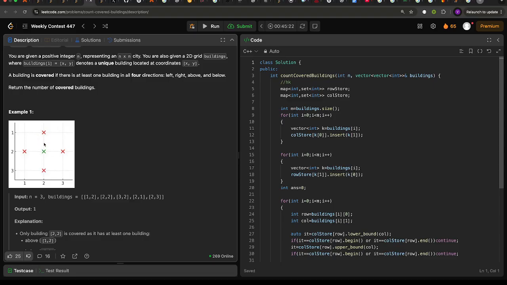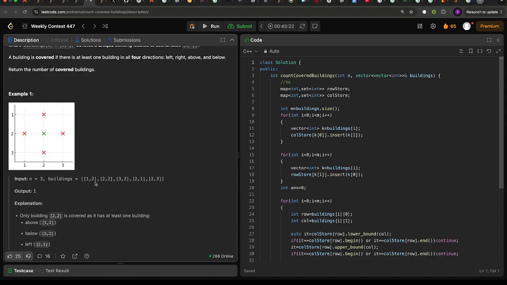Similarly for columns we can prepare a hash map row-wise. For column 2 we can put the values 3 and 1. So at rows 3 and 1 we have buildings, and at 2 also, I forgot to mention. So this is present in both row and column, right? Like that we can prepare a hash map.